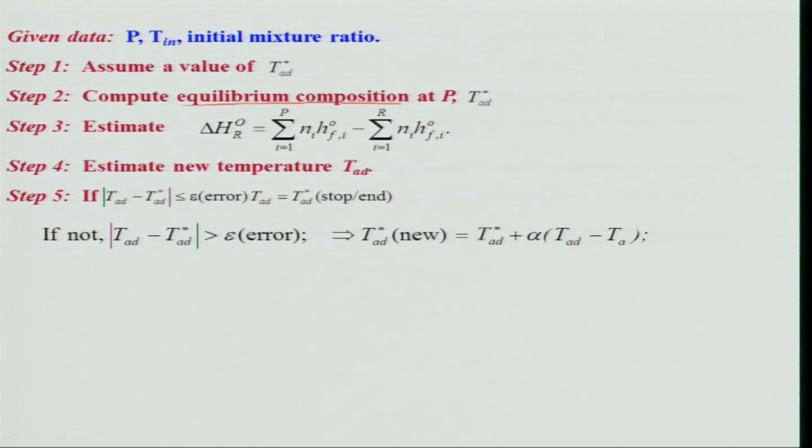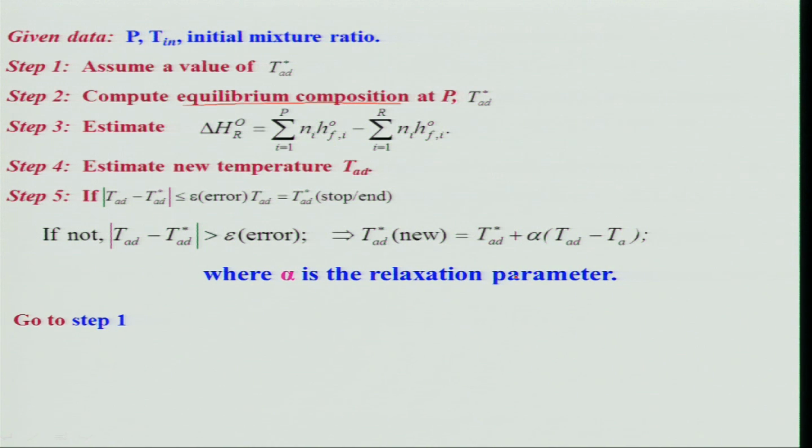So, what you will have to do? You will have to basically use a relaxation parameter, generally people use an under relaxation parameter, alpha less than 1 kind of thing. Because if you give an over relaxation, sometimes you may get instability problems. So, if you are not happy with this, then you will have a new guess value, you will have to go to step 1, and that is the way it will go on iterating, and you will estimate those values, right.